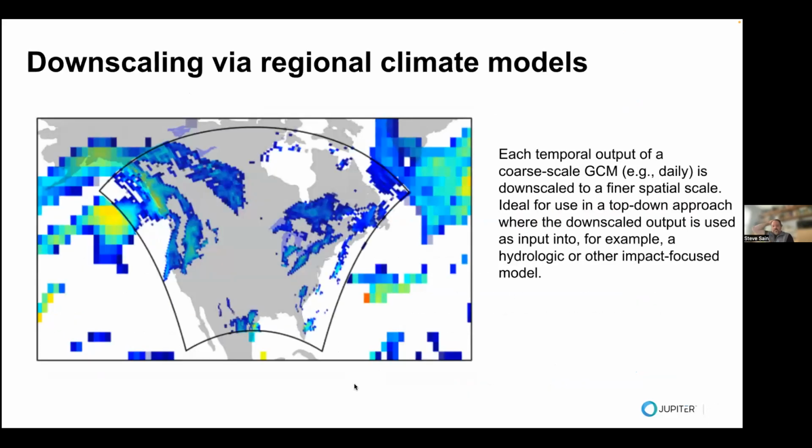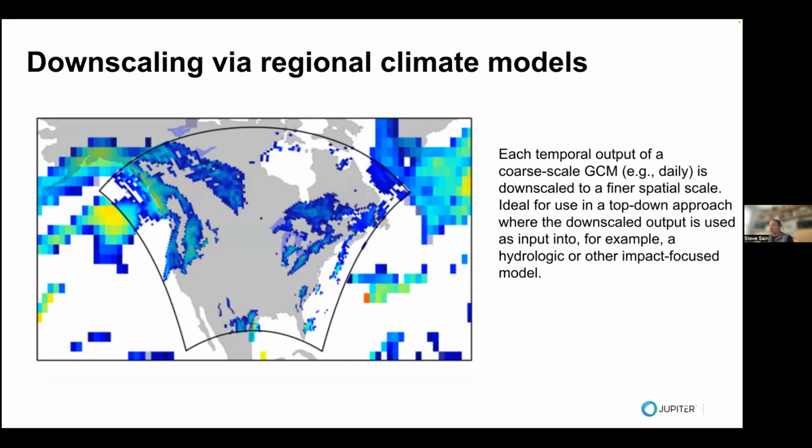So, for example, this is an image I produced a long time ago when I was working at NCAR on a fairly large scale regional climate modeling project over North America called NARCAP. The idea here is inside this funky shape is the domain of interest, global climate model output on the outside, and on the inside you can see the finer resolution output of the RCM. The way a regional climate model works, it has to take output from the global climate model to constrain things on the boundary,